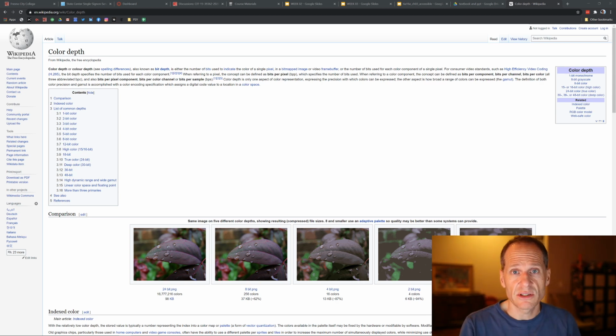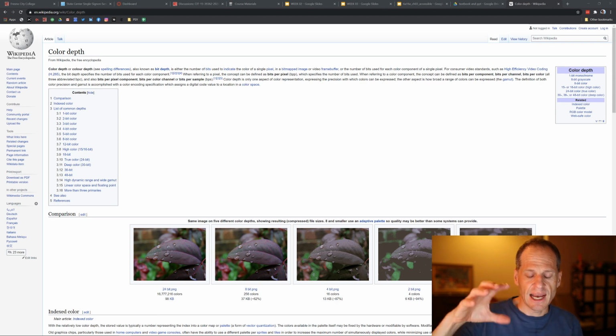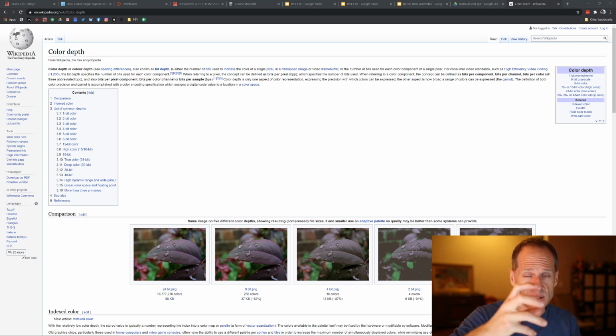So a common resolution is 1920 by 1080. That's HD resolution, high definition resolution. And then we have 4K resolution, which is 2 times 1920 and 2 times 1080. So it's 3840 by 2160. And so even more pixels, right? And so we have pixels, we have aspect ratio, we have resolution, and then we have